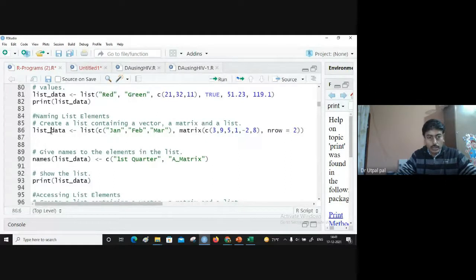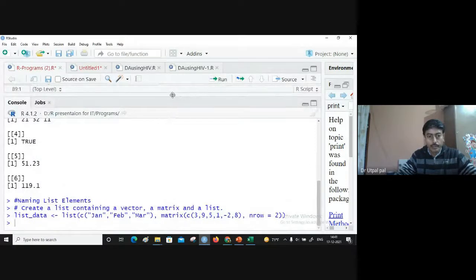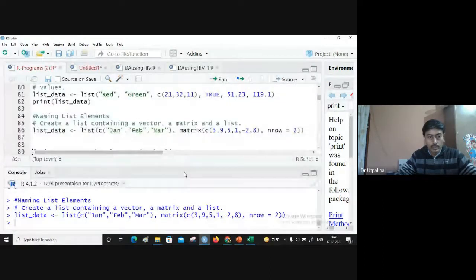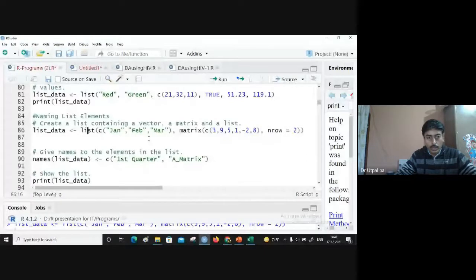So this list has 2 items. One is a vector, and the second one is a matrix. We are giving first quarter as the name of the first value of the list, and matrix as the name of the second element, which is a matrix.